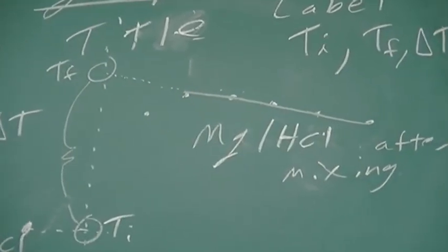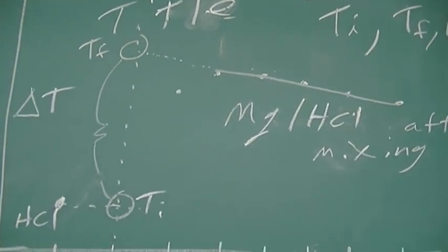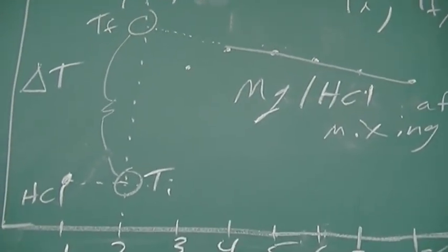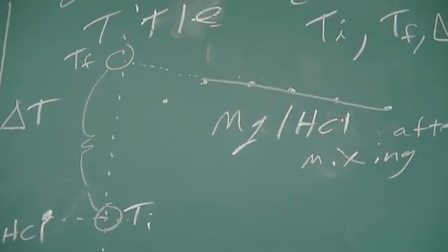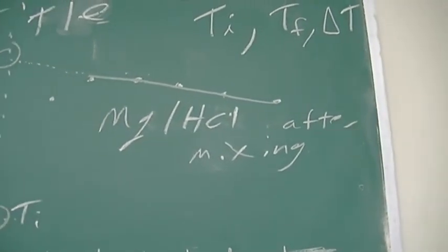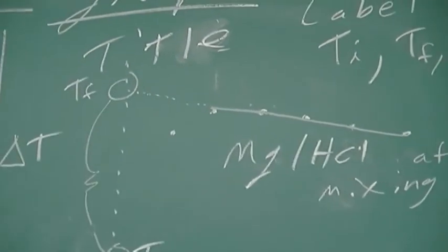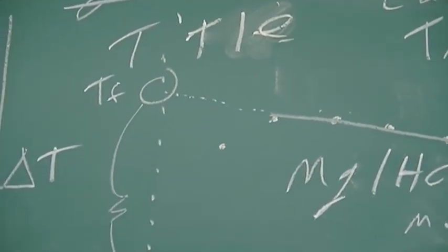Here is an example of some data where your temperature is still increasing as you are doing the reaction, and then it levels off. And then you will have to extrapolate with the dotted line back to the mixing point